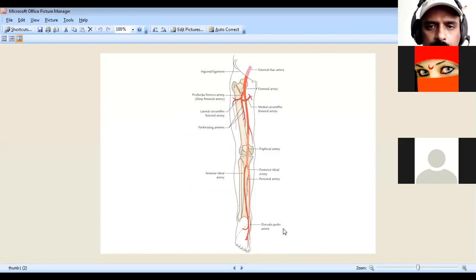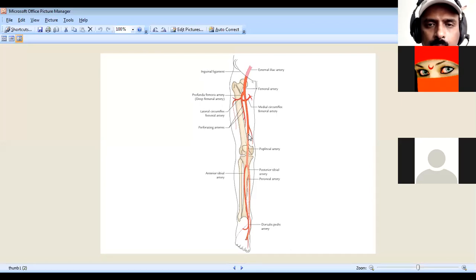Next is the total course of the external iliac artery. Dorsalis pedis artery is commonly asked. Sometimes the anterior tibial artery, posterior tibial artery, popliteal artery, femoral artery, and external iliac artery. This picture gives you the outline, extent and origin of all the lower extremity arteries. The external iliac artery continues below the mid-inguinal point into the femoral artery till the adductor canal,